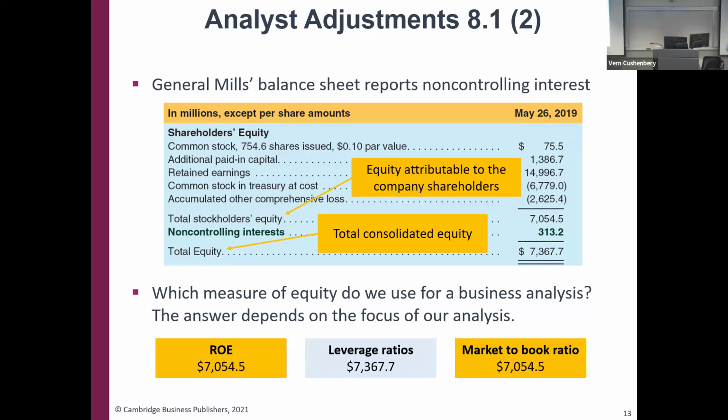Here's how that looks. General Mills is the example in this case. We have the shareholders' equity statement again, and then we have total stockholders' equity. On the balance sheet, you're going to see non-controlling interest. On the income statement, you're going to see income attributable to non-controlling interest. And that income is going to flow through to the non-controlling interest section on the statement of shareholders' equity. Now, our author's note down here on this final bullet point: that measure of equity will be used for business analysis. So again, it's use case dependent.